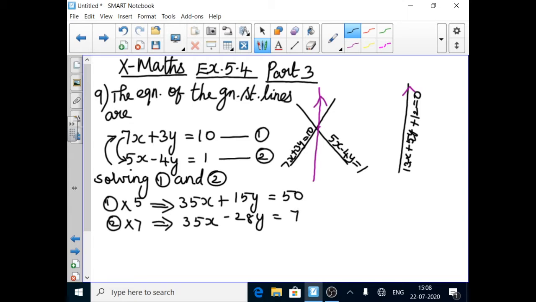The 35x terms have the same sign, so you have to change the sign: minus, plus, minus. So 15y plus 28y, you have to add 15 and 28y. The answer is